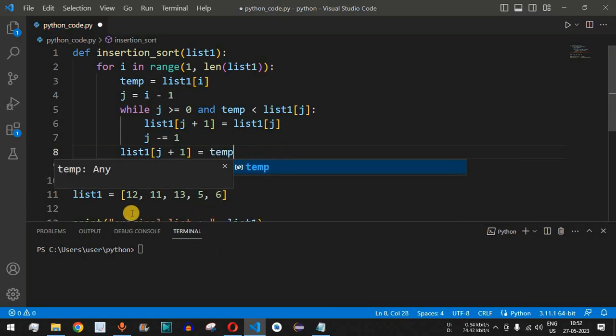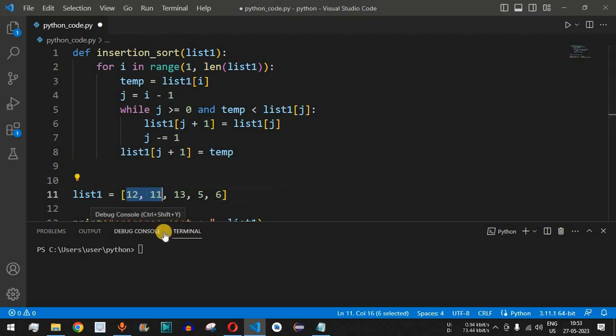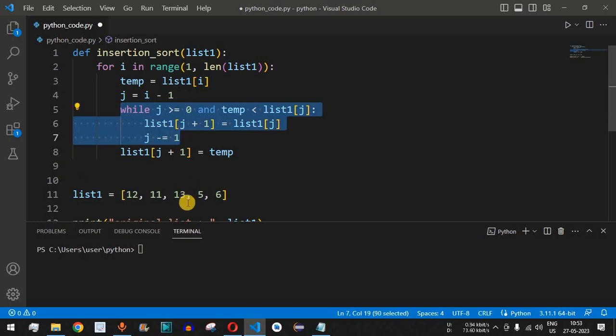So basically, what we have done is inside the sorted array we have placed one of the elements from the unsorted array. After this first iteration of the outer for loop, we will have two numbers in the sorted part. Then in the second pass, list1[i] will be taken, in which case the third element will be taken, and inside the while loop it will be checked whether this third element is less than the elements present in the sorted array, and accordingly the position of this third element will be fixed.